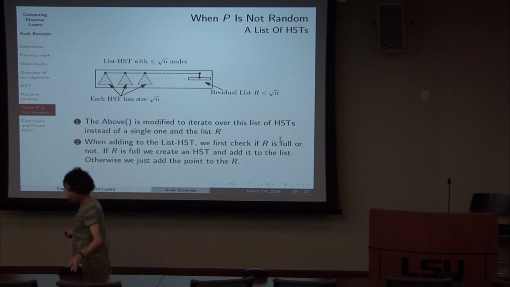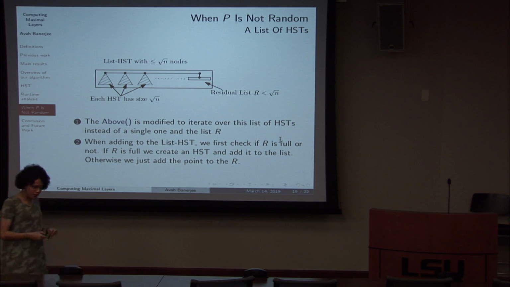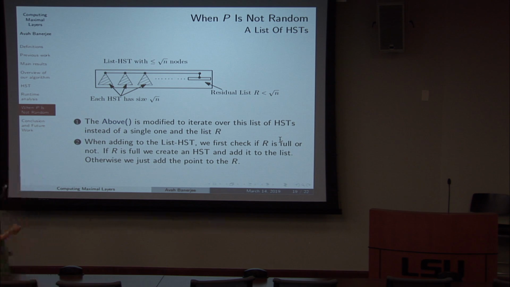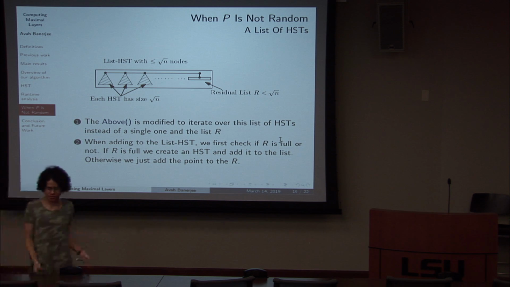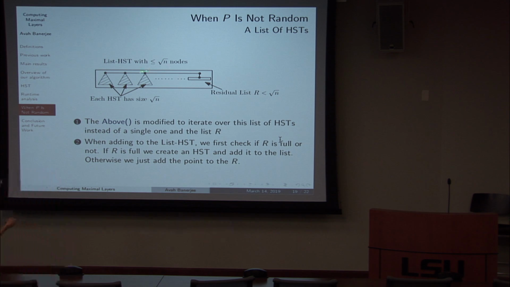What if I am given an arbitrary p? So what you can do, instead of having only one HST per node in B, is have a list of HSTs, each of size at most square root of n. Because p here is not random, you can't do what we did earlier, computing the expectations and so on. But because you can keep this as a series of HSTs,